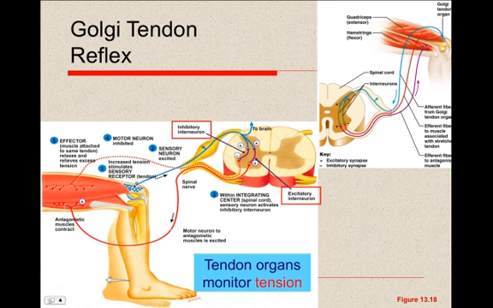So here you're going to see, in this case, you have a sensory neuron actually in the tendon, okay? And as you pull your leg back, you're going to see that it's going to stretch this tendon out, or I should say, as you contract, actually it's the opposite. As you contract, it's going to kind of pull taut on that tendon, and that's going to create an action potential in your sensory neuron. That sensory neuron will come here, and again, it's going to branch and synapse, and it'll synapse with